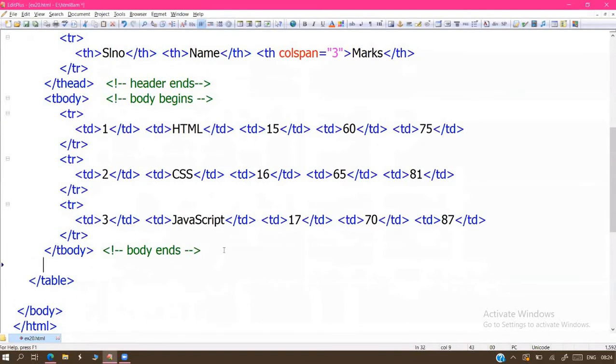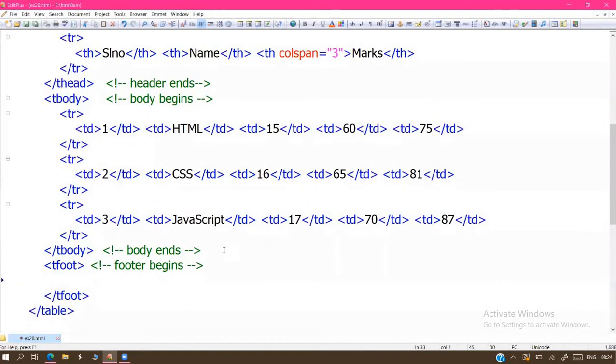Next, along with table head and body, footer also I'm going to add here. Table footer. Footer begins here. If you want to write some common note points, we can place them in this footer section, like in MS Word. Header portions, footer portions, body portions are available. Never seen that? Anybody? When preparing MS Word documents, all these parts are available.